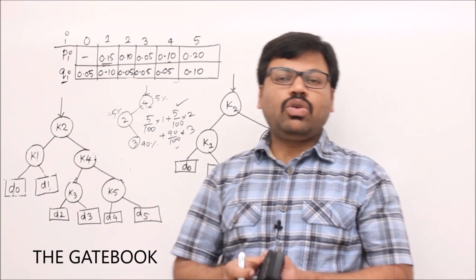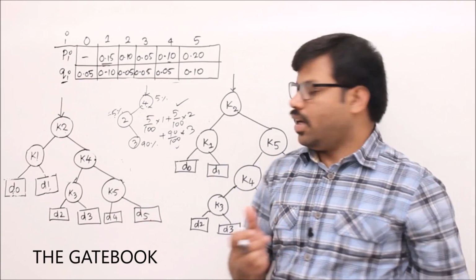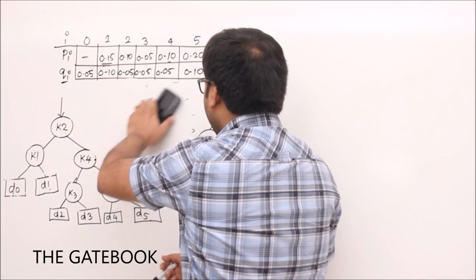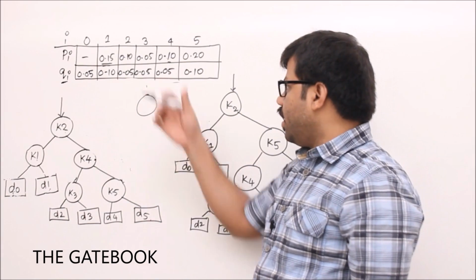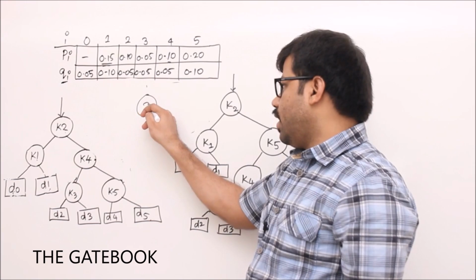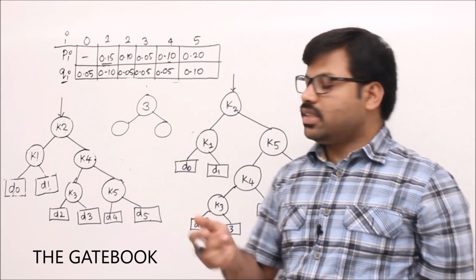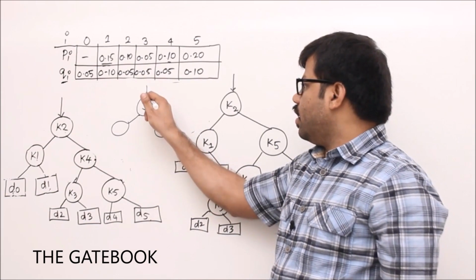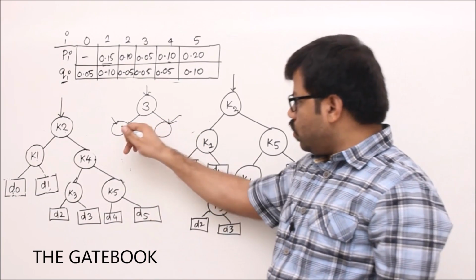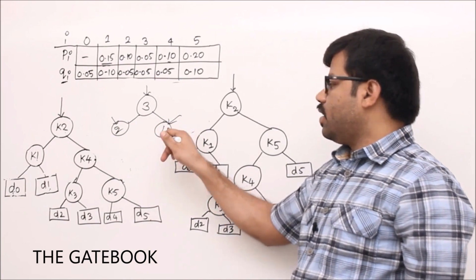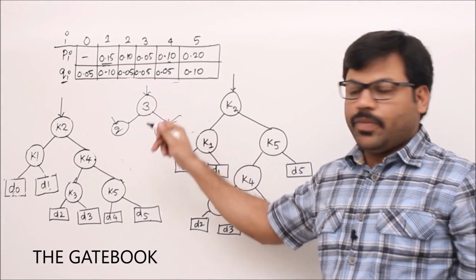Now the question is how to find the best structure possible, given the probability of every key. Don't think that keeping the highest probability key at the root is enough, for example in the previous problem it was 3. If you keep 3 and the other nodes based on it, we can't adjust the other nodes. Why? When you keep 3 here, automatically the other keys go to appropriate places, because 2 should definitely be on the left side and 4 on the right side. We can't arrange 4 here or 2 here. So when you fix the root, everything else is arranged.